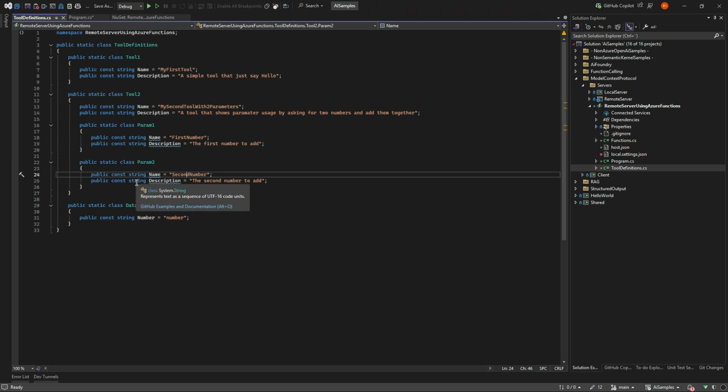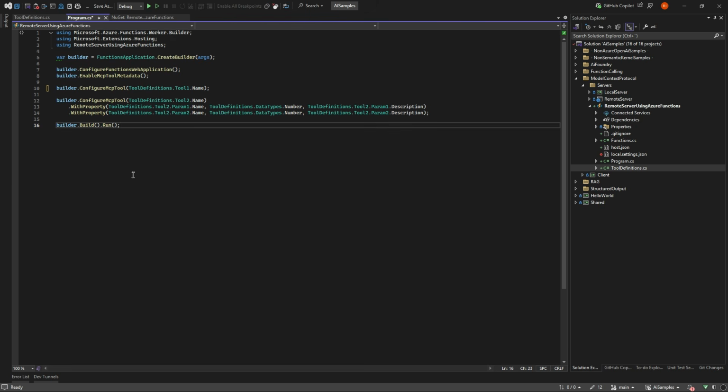And whenever you have parameters, we need data types for the parameters for a backend JSON schema. In this case, it's just numbers. So what I'm essentially saying here is, hey, Azure function, be MCP enabled, expose a tool called tool1, expose a tool called tool2, and that tool should have parameter 1, parameter 2, which is a number for each of them. So that takes care of the setup here.